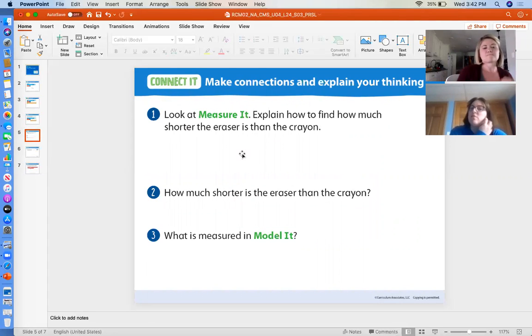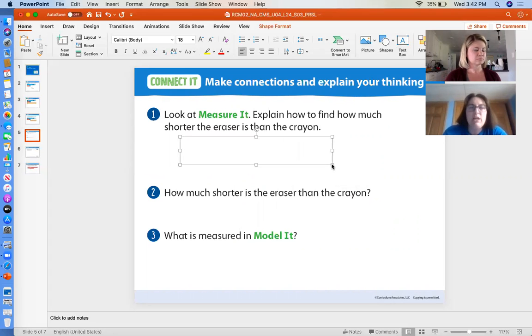All right, so let's go back over what we just did, kind of make those connections and explain. So it said, look at the measure it and explain how to find how much shorter the eraser is than the crayon. So what did we do to find how much shorter the eraser was? What did we do that we could write in words? Well, we just subtracted the length of the smaller thing. So we subtracted the length of the eraser from the length of the bigger object, which was the crayon, right? Right. So, that's all we did in words: subtract the length of the eraser